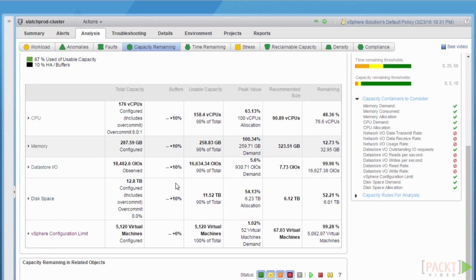With vSphere data, each container's total capacity is either configured or observed. We can see for a CPU example, it states that it's configured, where if we look at data store I/O, it's observed. It would be the same, for example, for network I/O. Configured total capacity is a hard factual piece of data that vROps has access to or is able to directly